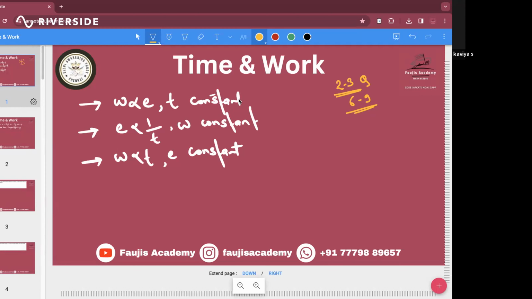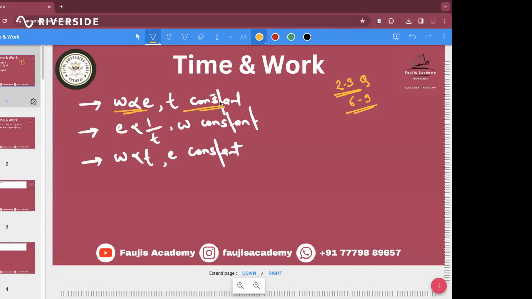If we try to understand the concept, we won't have any need to memorize the formula. The first one we have written: work is directly proportional to efficiency when T is constant. What we have written over here is that work is directly proportional to efficiency. So let's say I'm saying that